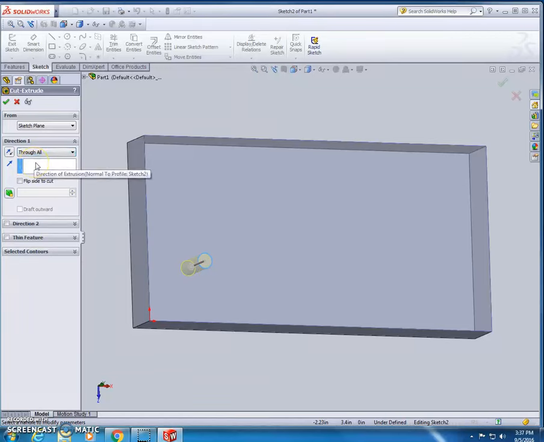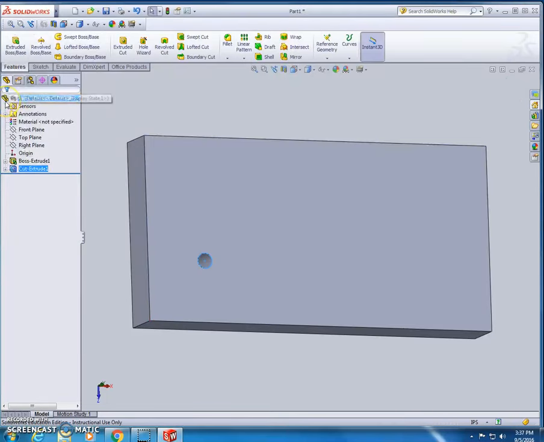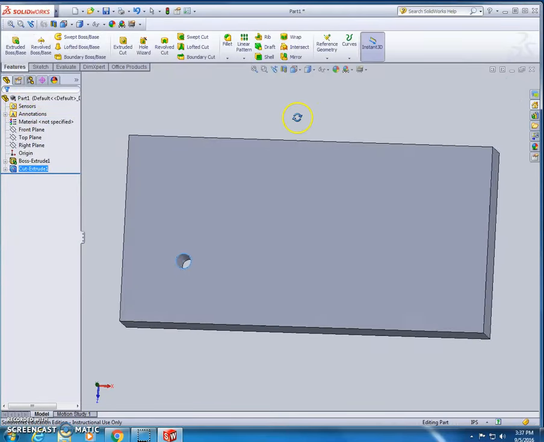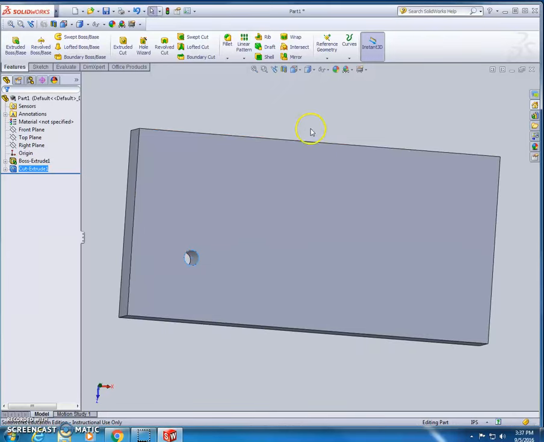It'll cut all the way through. Okay, check mark, and we're done with that. Okay, next I'm going to show you how to place or how to cut a whole bunch more holes in